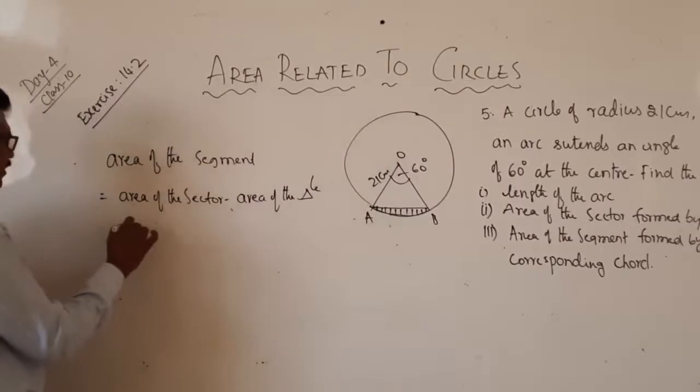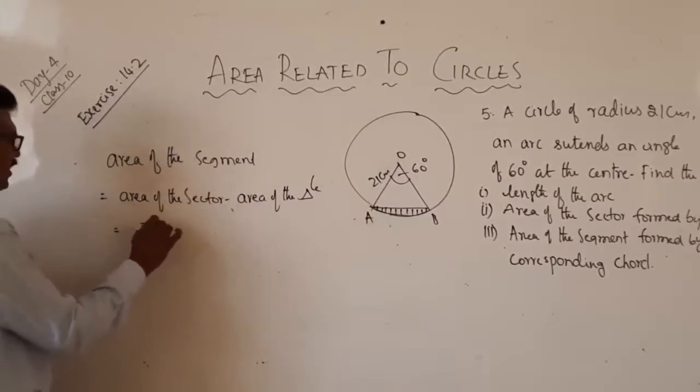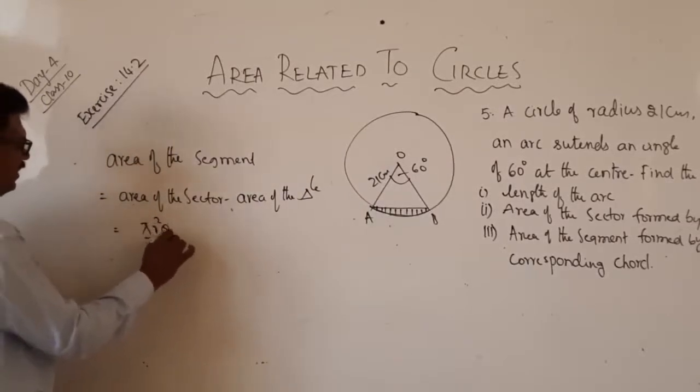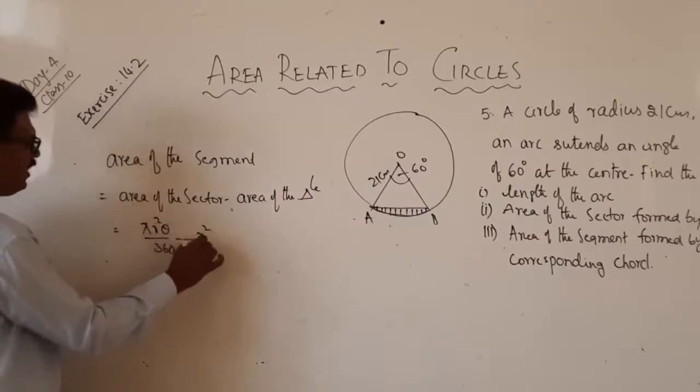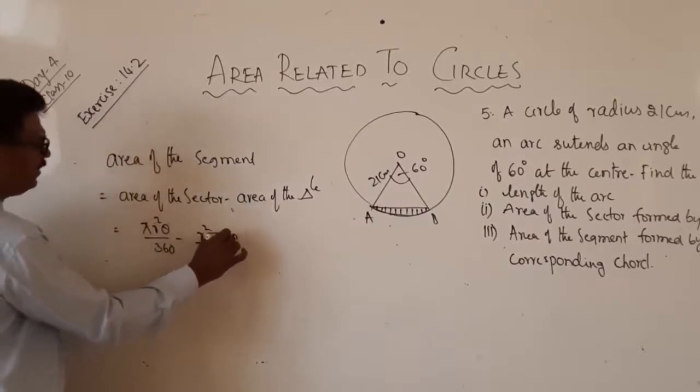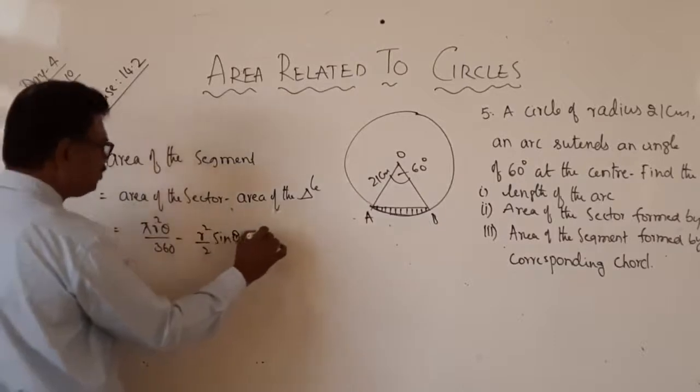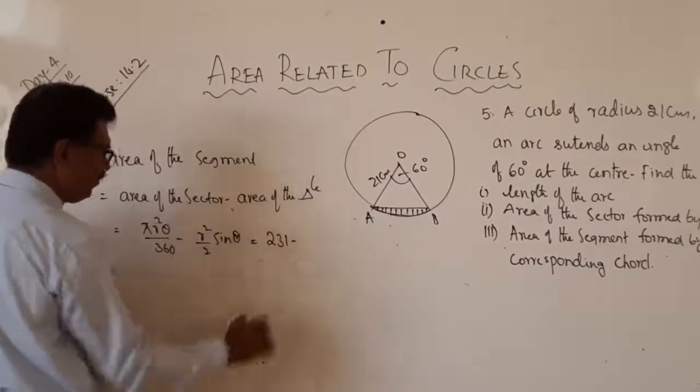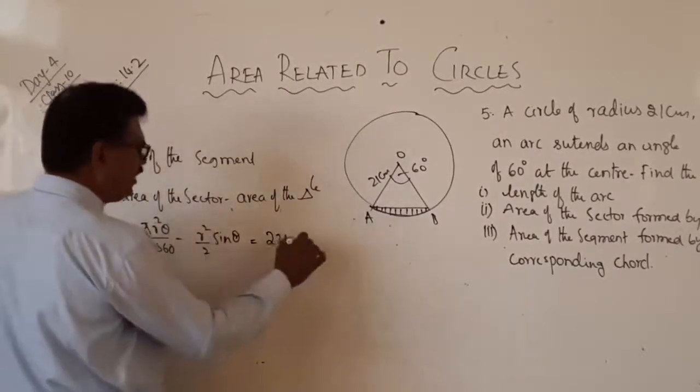Okay, it is nothing but pi r square theta by 360 minus r square by 2 into sin theta. Again it is equal to 231 minus r square